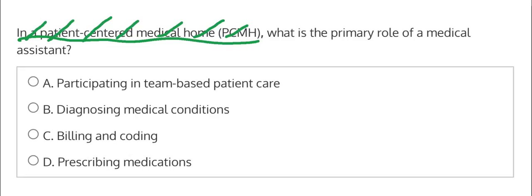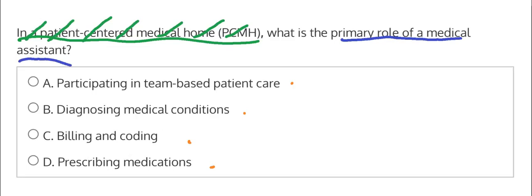What the question is really focusing on here is the primary role of the medical assistant. And it's okay if you didn't identify that that's all you need to focus on and that this beginning part is not really relevant. How you can know that is just by looking at the choices. All of these are describing different responsibilities, and regardless of which setting you're working in, whether primary care or a specialist office, the role of the medical assistant is the same. You will have the same answer choice for this question even if it said you're in an orthopedist office, because the role of the medical assistant stays the same.